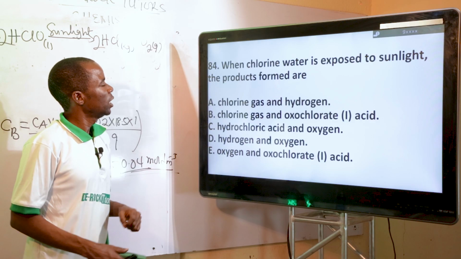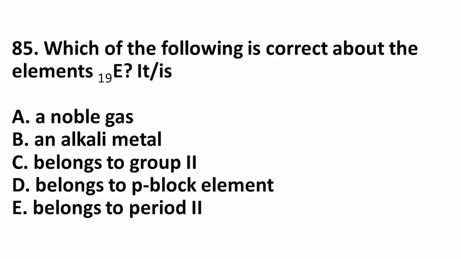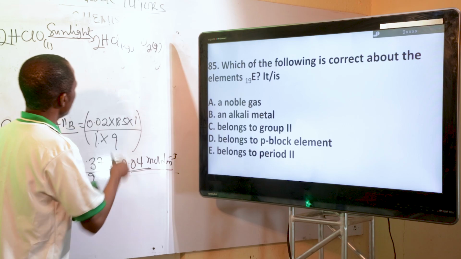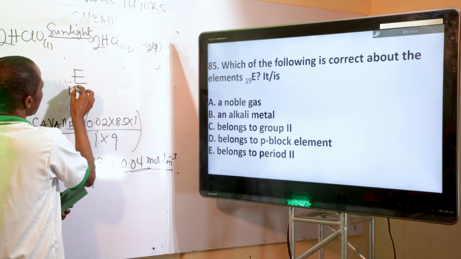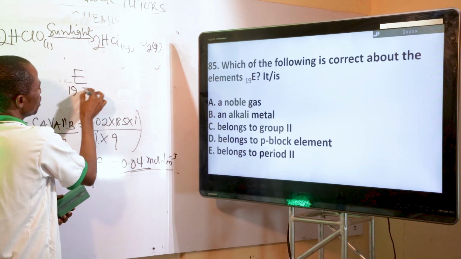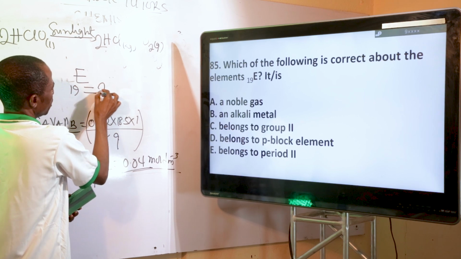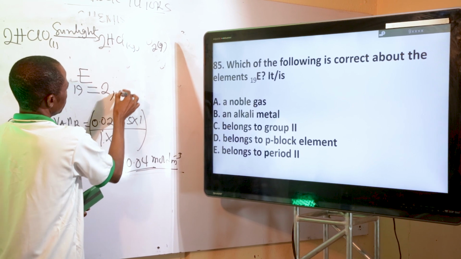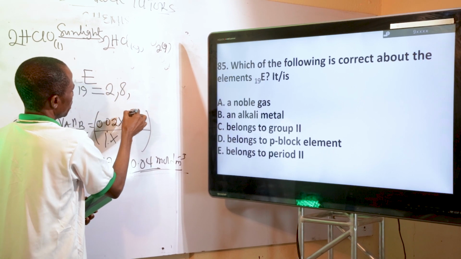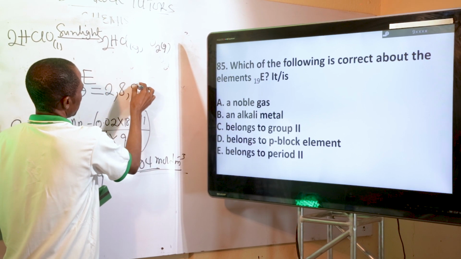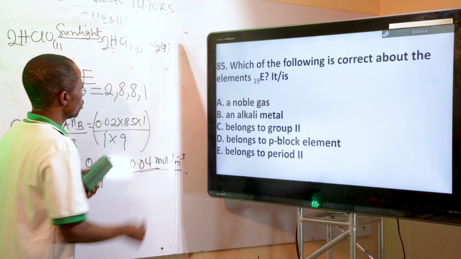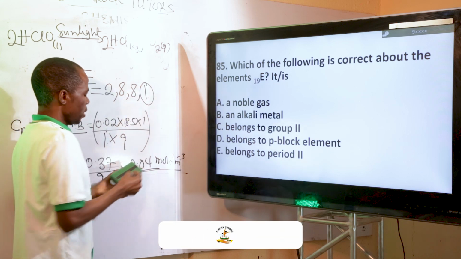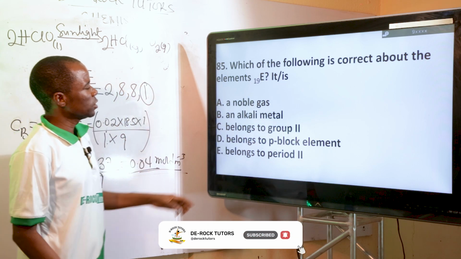Let's move to number 85. Which of the following is correct about the element E? So you can see element E. Element E has the atomic number 19. And if this is broken down into its shells, that's 2 electrons in the K shell, 8 electrons in the L shell, 8 electrons in the M shell, and then 1 electron. So if you look at this, we can see it has 1 valence electron,